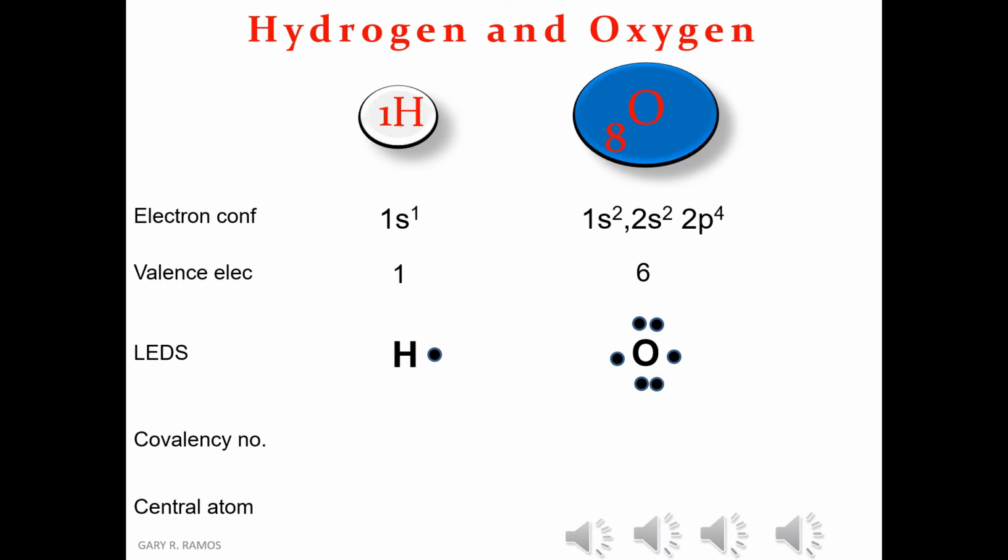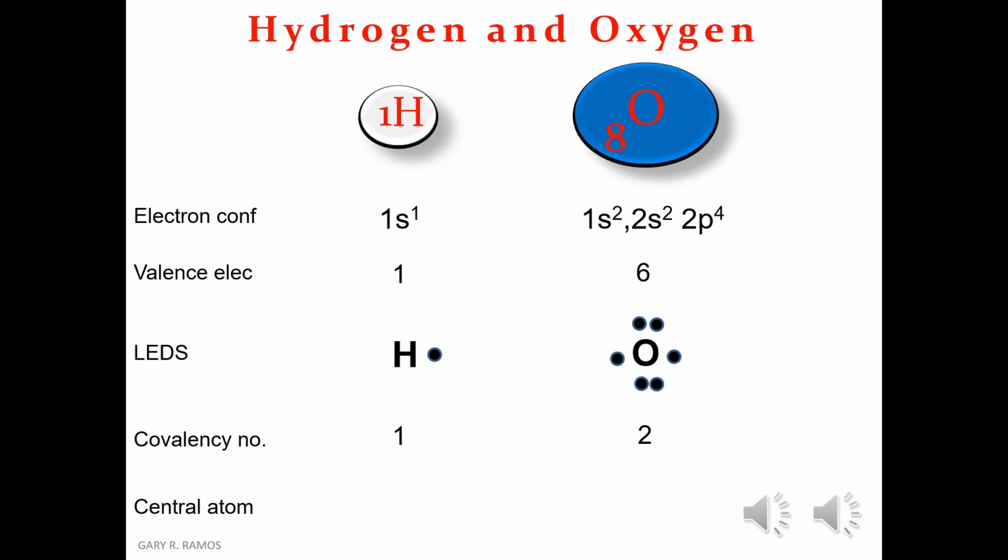Since hydrogen has only one electron, it cannot give its one electron to oxygen. Otherwise, there will be no electron left for hydrogen. Now, oxygen might give its one electron to hydrogen, making the number of electrons of hydrogen 2, which will become stable. However, the valence electron of oxygen will be reduced to 5. Still, it is unstable. Since hydrogen and oxygen cannot give up or accept electron, they will share their valence electrons.